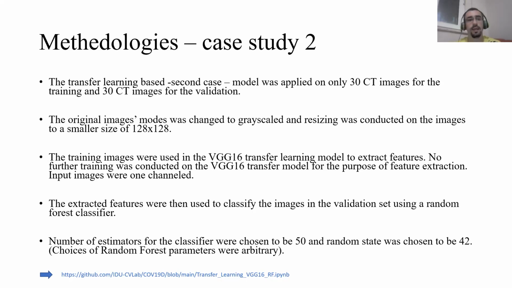Smaller sizes of images. The training images were used in the VGG16 transfer learning module to extract features, and no further training was done on this transfer learning module, right? So all the parameters were untrained. Only the features were simply extracted, and the input images were only 1-channel images for this transfer learning module